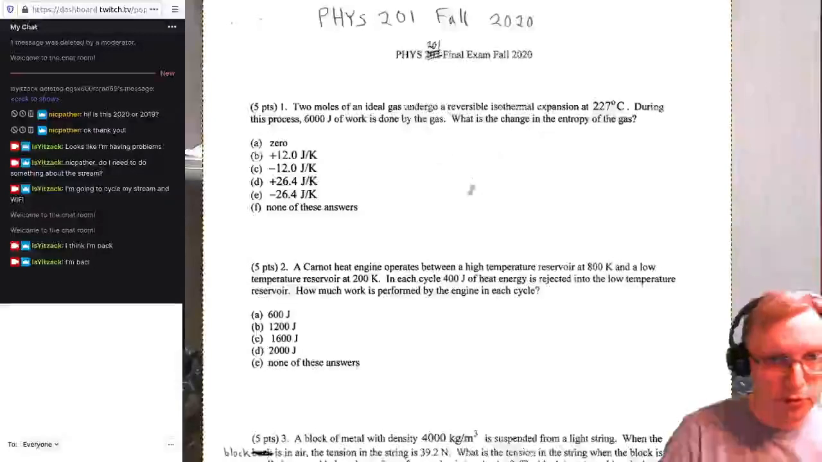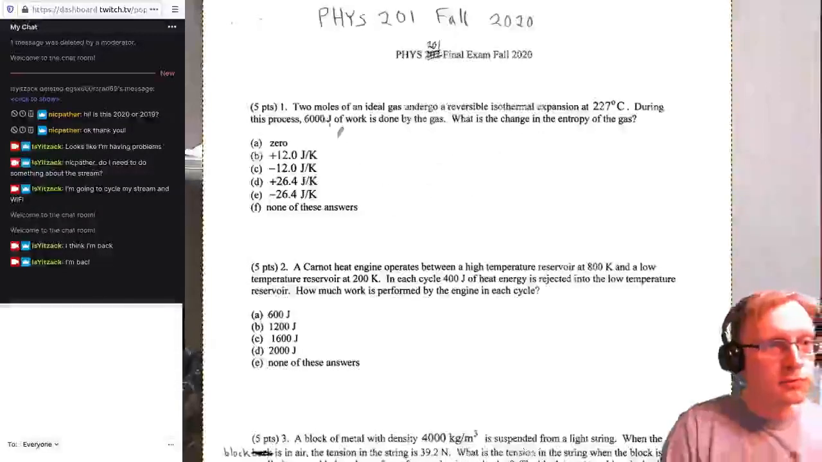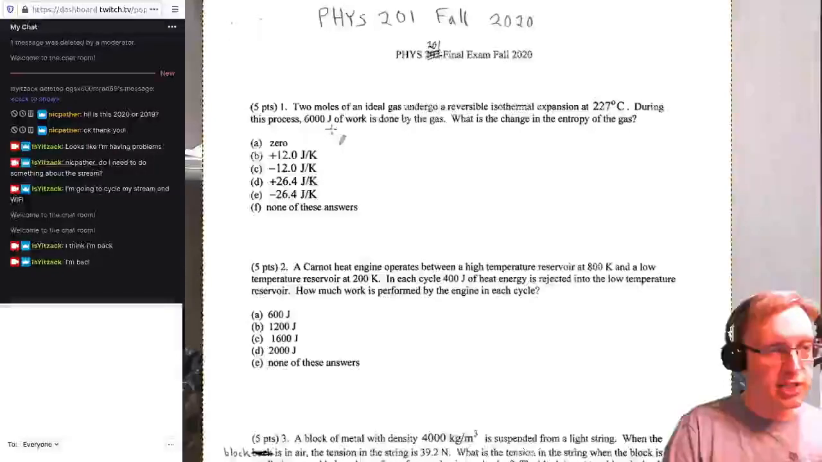Final exam review. Two moles of ideal gas undergo a reversible isothermal expansion at 220 degrees Celsius. During this process, 6,000 joules of work is done by the gas. What is the change of entropy of the gas? Okay, delta U